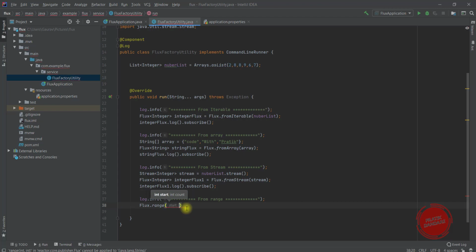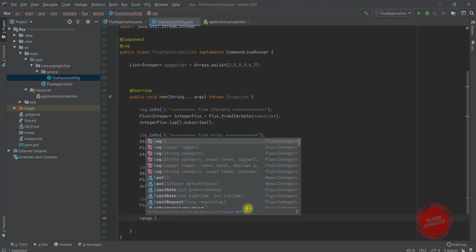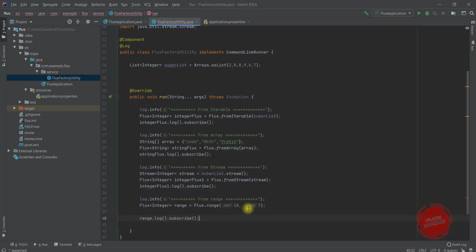So I start it with 10, and suppose I want 7 elements after 10, not 77. And it is going to return a Flux of Integer. So we get a range, and again range dot log dot subscribe. That's it. Now let's run it and check what happened behind the scenes.